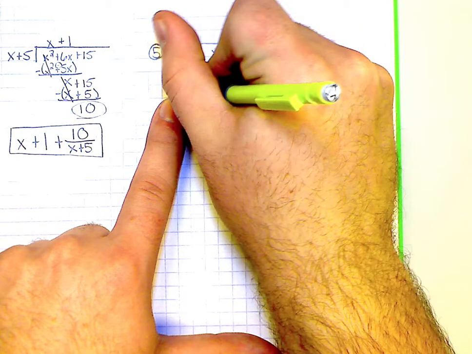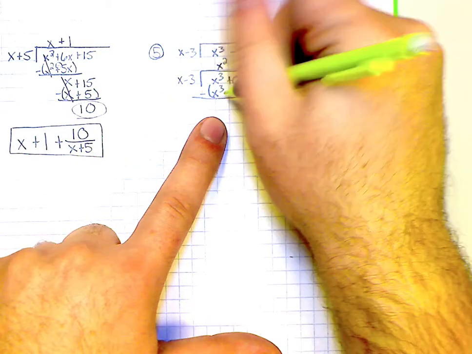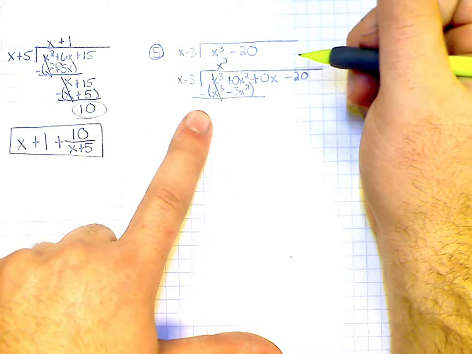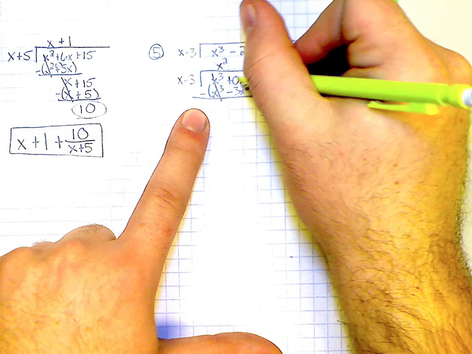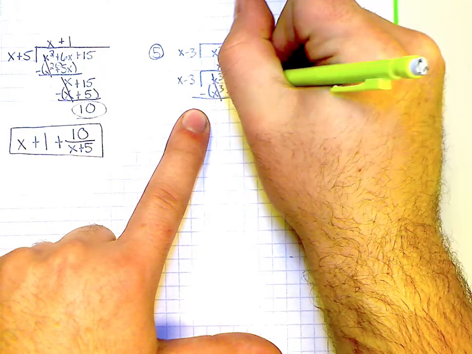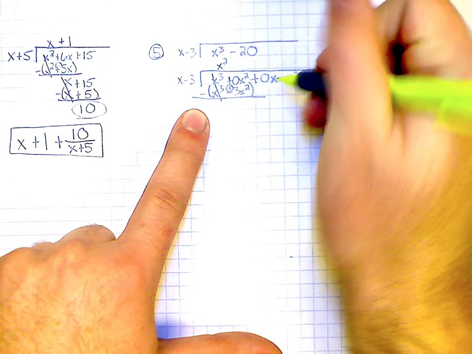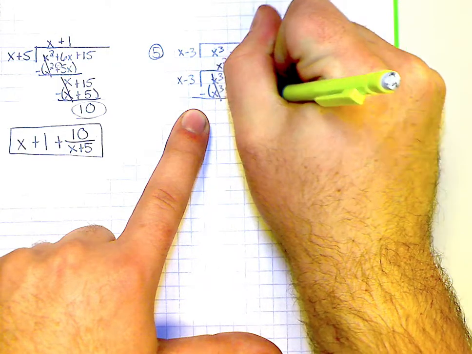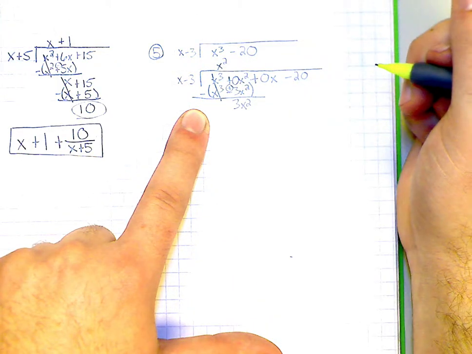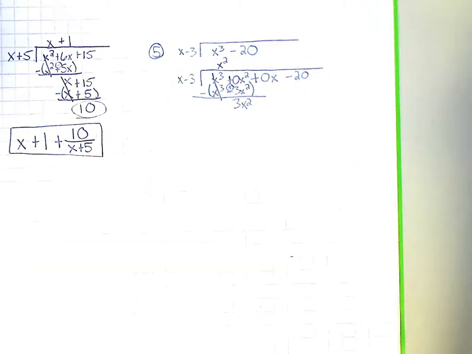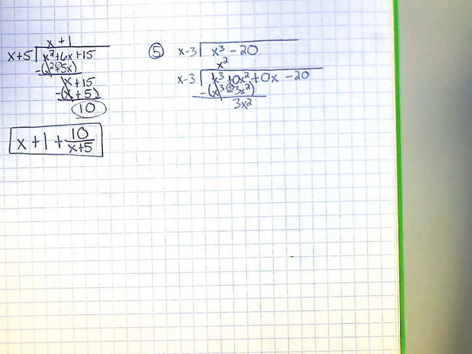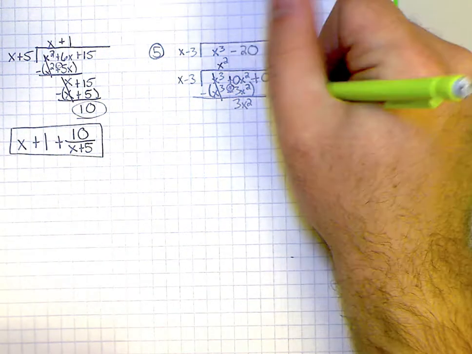This is where we have to be very careful with our signs. Our x cubes will cancel. Then I have 0x squared minus a negative 3. Well, the minus and negative is really like adding, so this is going to be a positive 3x squared. Okay, now that I have that positive 3x squared, I can go ahead and bring down my next term, which